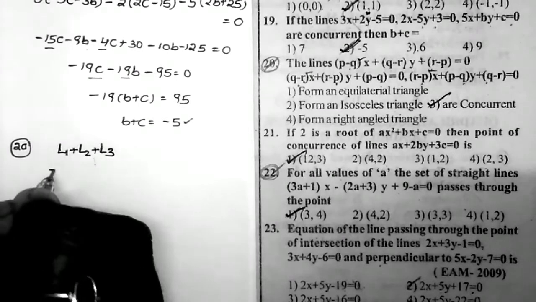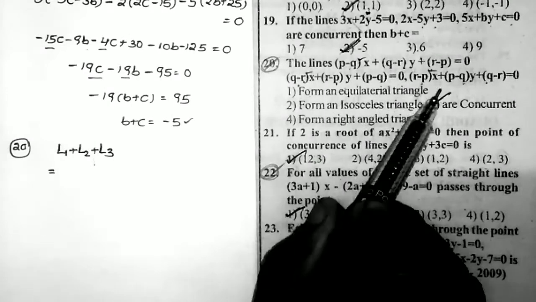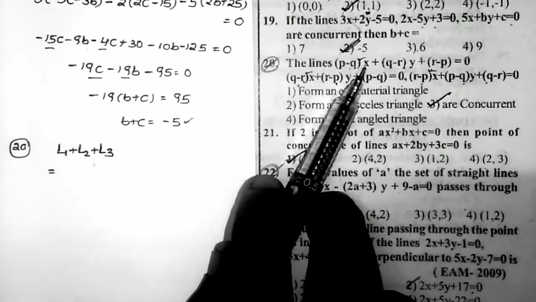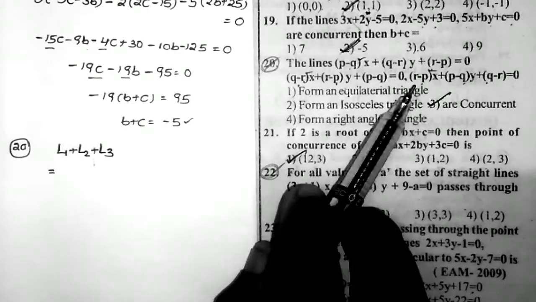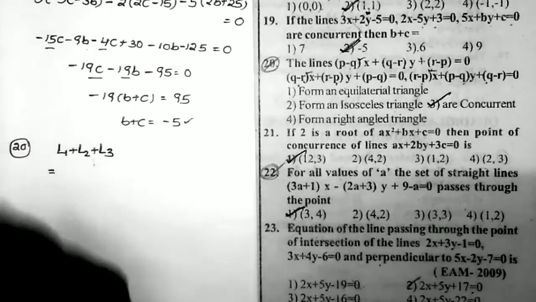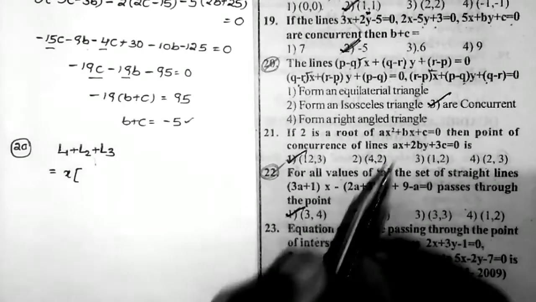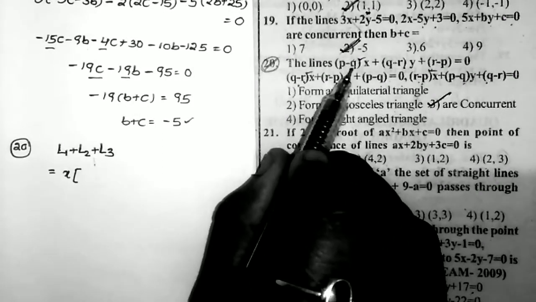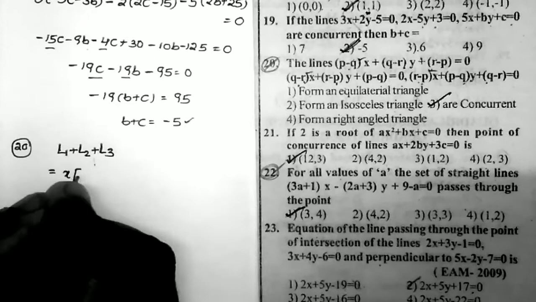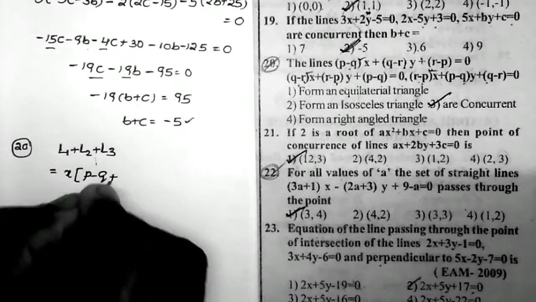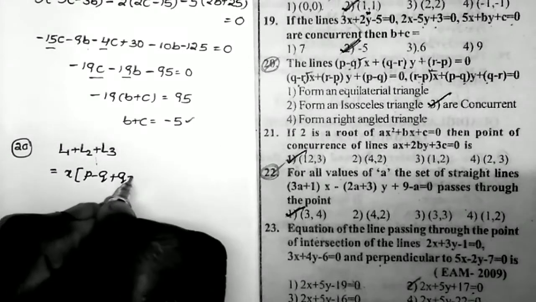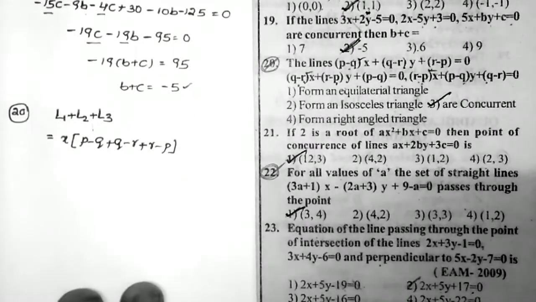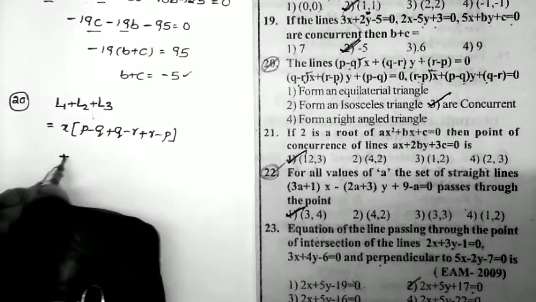First line is L1, second line is L2, third line is L3. And I add the three lines here, that is first equation plus second equation plus third equation. Now first I write only the x terms: p minus q into x plus q minus r into x plus r minus p into x, and I take x common. Then what we get, x into the remaining values. First value is p minus q, here the value is q minus r, and this value is r minus p. Just adding the three equations and writing the x term by taking x common.